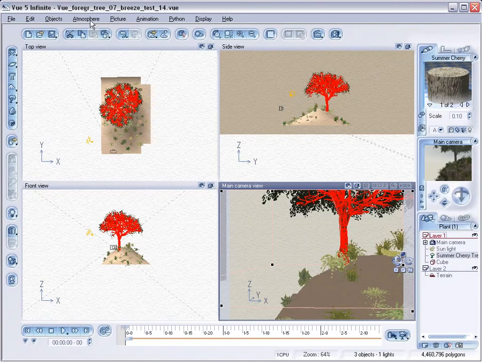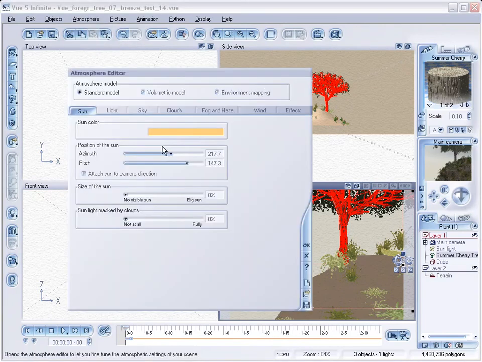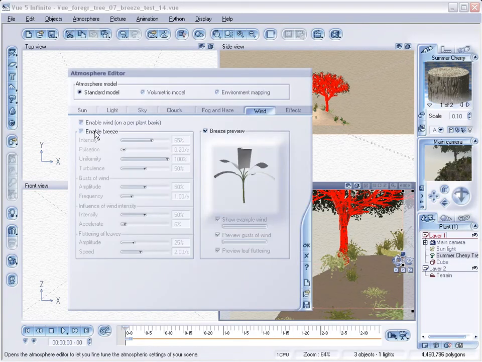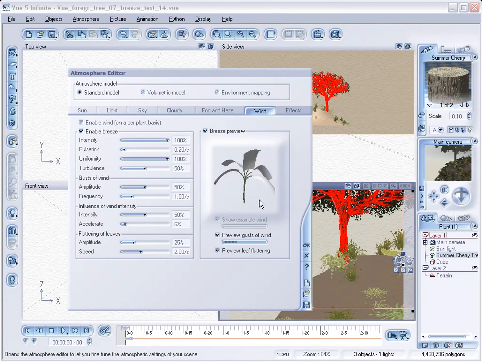Okay, so let's just hop back into View really quick, and I'll show you how with the atmosphere editor you can actually enable breeze on these trees and bushes. You can get your vegetation to move around and adjust its intensity by percentage. The higher the intensity, the more the plants or the trees are going to sway in the breeze. And you have this little preview here on the right of a little plant. And if you change the uniformity and the turbulence around, you can get